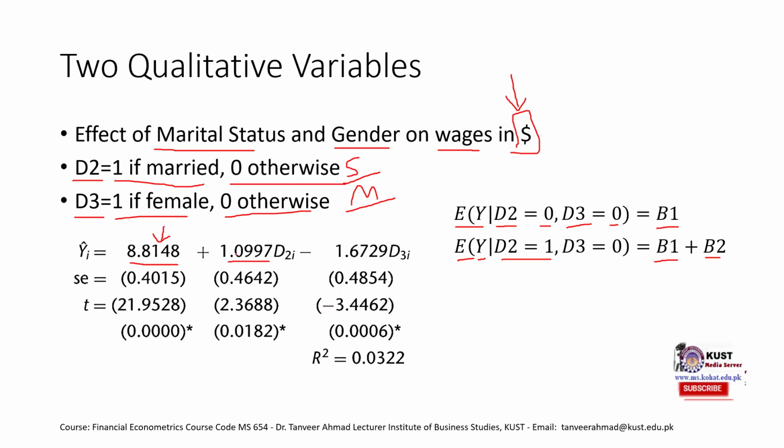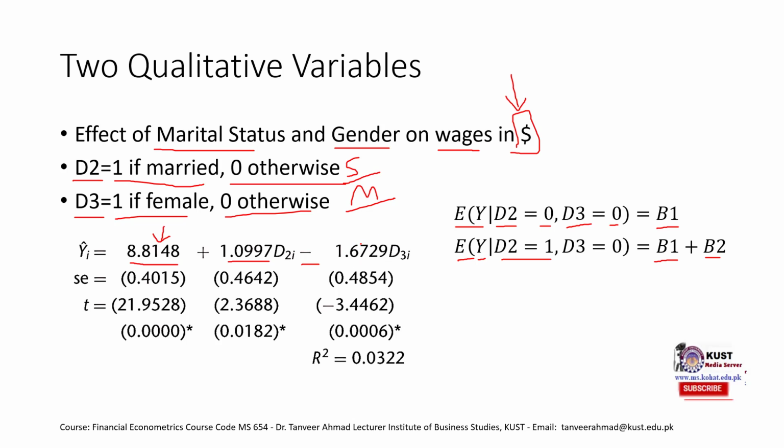So what this means is that a married person would earn 1.09 higher than the single, whether male or female. In this case, we are just finding out the expected wages in the case of a married male. So that would be B1 plus B2. What this differential coefficient would represent, because it is a minus sign, and it is for the gender variable, where female would have one value, we would interpret it as that female